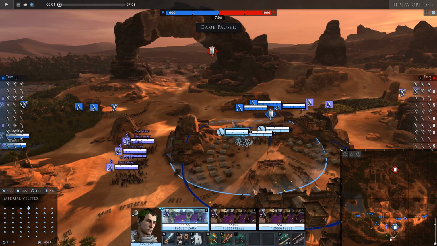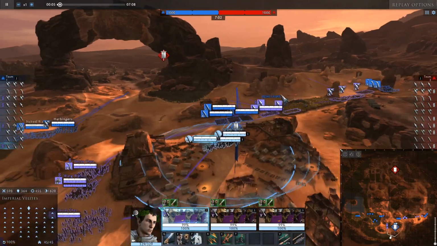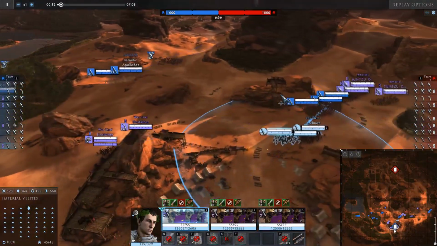So, have you ever wondered what would happen if the 300 Spartans also had Caesar javelins with them? Well, you're about to find out. So, in this battle, we've got a Doom stack, but not exactly a perfect combination. We were just